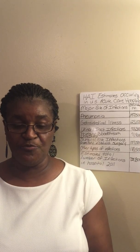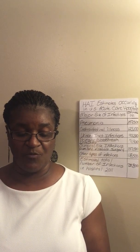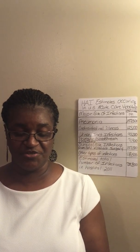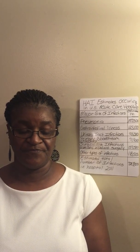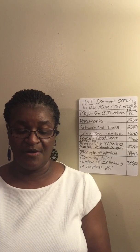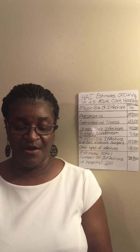Today, I will discuss two main points of the transmission of germs and bacteria. I will inform you on ways that clinicians as well as you yourself can help in decreasing the spread of infections. Point number one. According to this chart by the Center for Disease Control, there was an estimate of greater